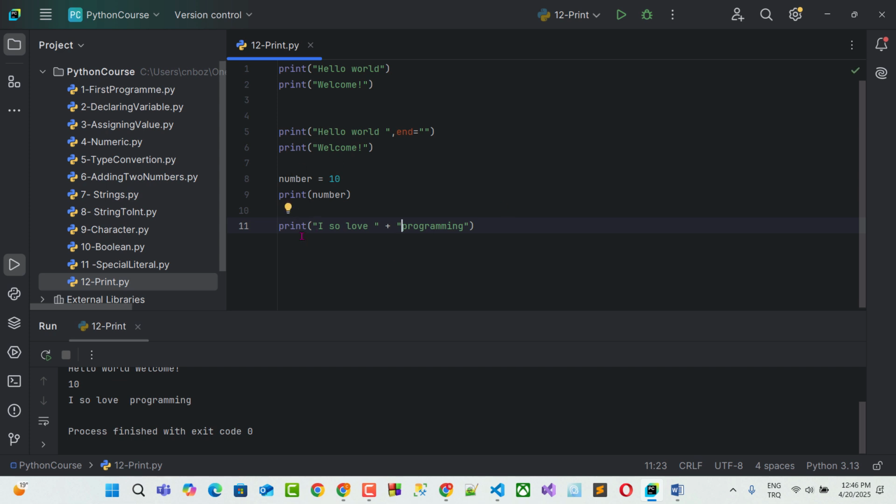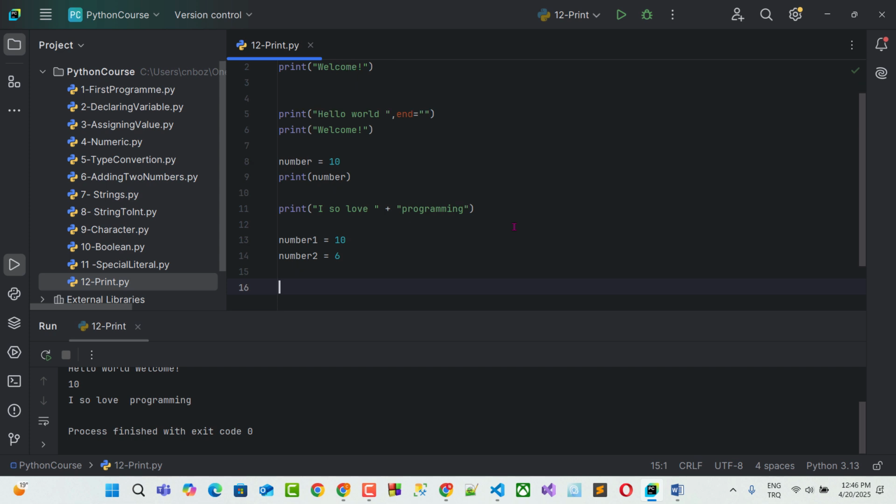There are another two options we can use inside the print function. One of them is formatting. For example, I define number one is equal to 10 and then number two is equal to 6. If I want to use them in the print function, I can use the format option inside the print.